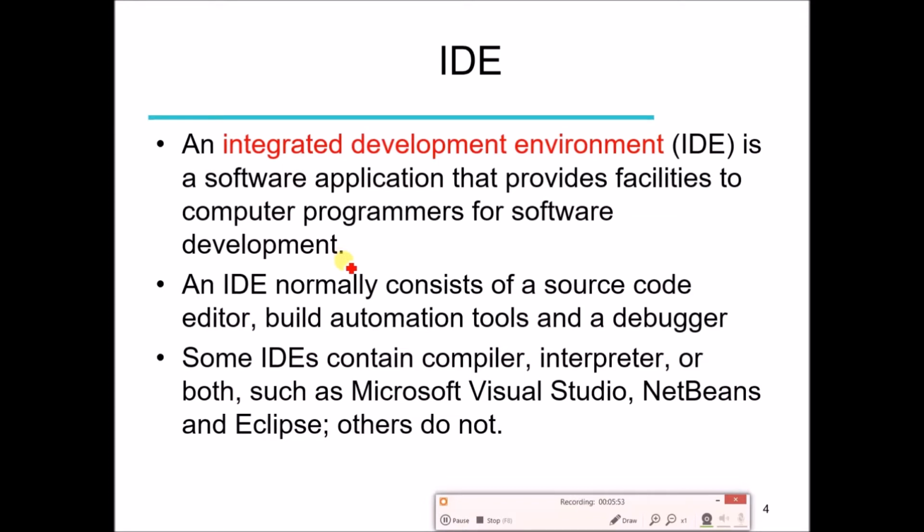So people using IDEs, especially professional programmers, get a lot of benefits and advantages by using these integrated development environments. An IDE normally consists of a source code editor, build automation tools and a debugger. So these are the very basic things. You can write the source code, and different parts of the language are shown in different colors. So you can identify whether it is a built-in data type, or a method, or a class. So you can use these features.